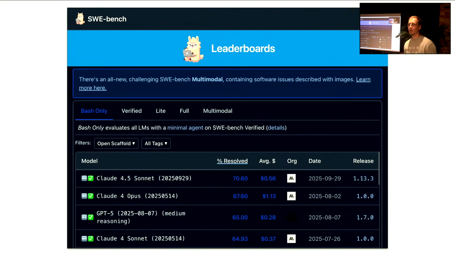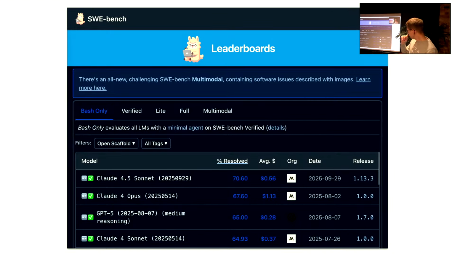Who of you have looked into these leaderboards, checking which model is the best, which agent is the best? Some. Can you shout out some leaderboards that you have checked, names, if you remember? Yeah, well, SWE Bench is the one that at least the big AI companies love to refer to. It feels like this is now the top of the class in terms of leaderboards. There's also Aider Polyglot that sometimes gets referred to.